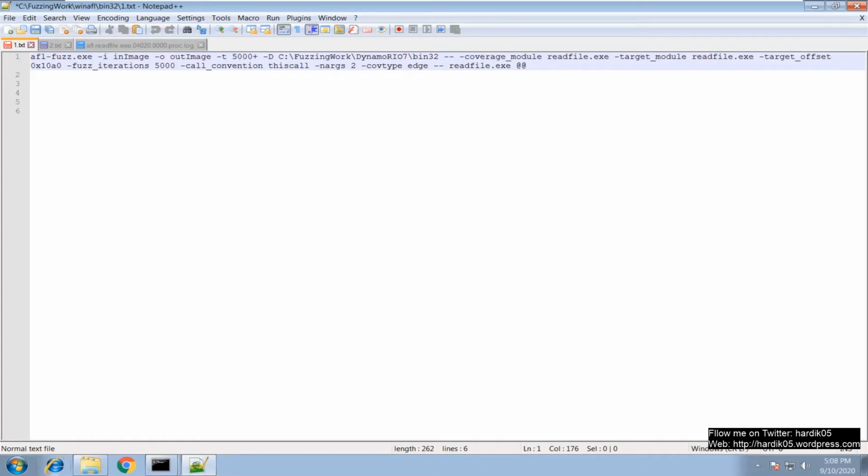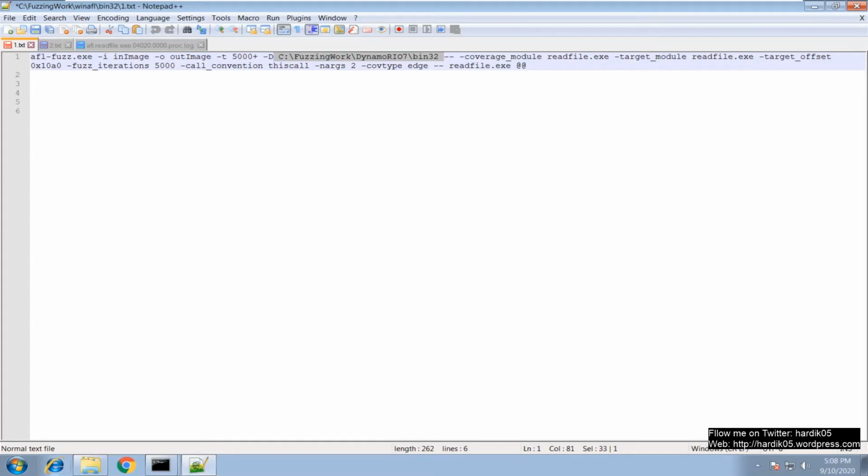Now in case of Linux, it was pretty simple. You just need to use afl-fuzz, -i input folder, -o output folder, and hyphen hyphen, your executable name and @@ symbol. But in case of Windows, we don't have compile time instrumentation. So as we are using DynamoRIO for runtime instrumentation, we need to use an option called -D, and we need to give the bin32 directory of our DynamoRIO folder, so that it can find drrun.exe over here.